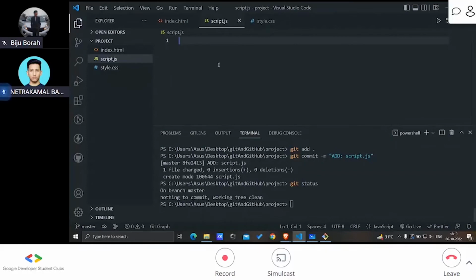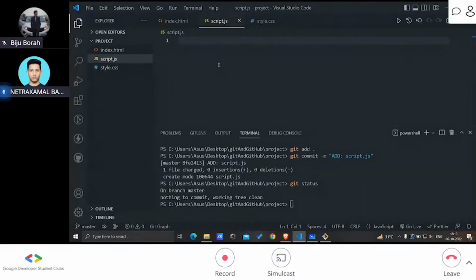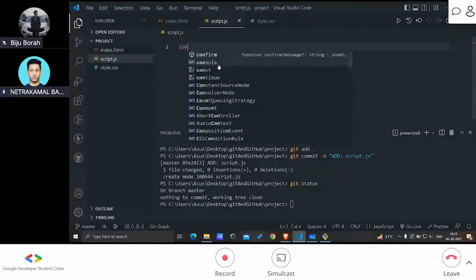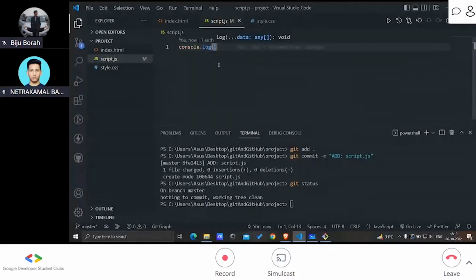Let's assume that I'm developing a feature, like console log feature one. I have developed a feature now. I mean, I'm just showing how Git works. Okay, so I'm just console logging some output. I have developed feature one. Right. I'll save it, and if I do git status here,